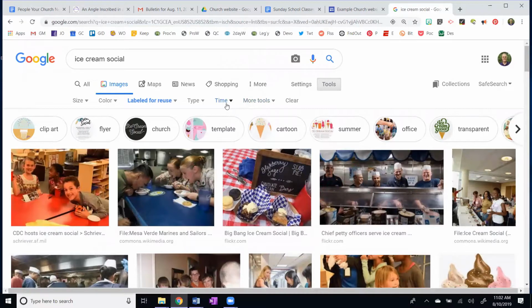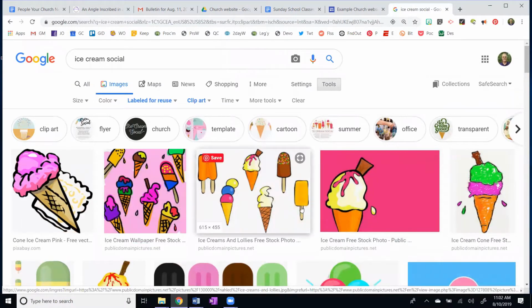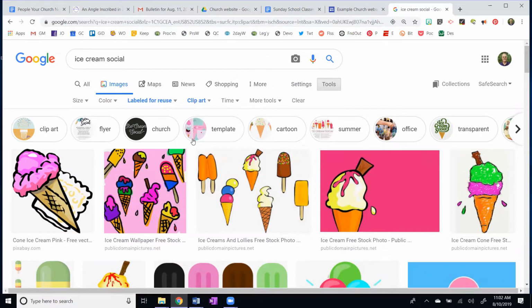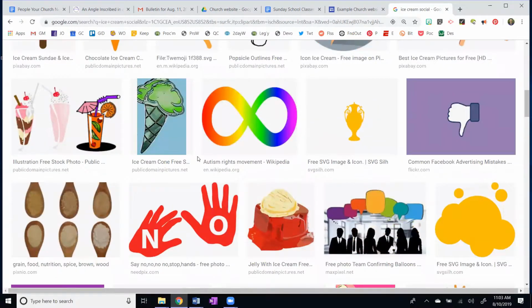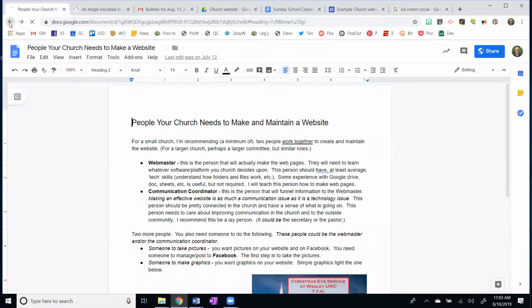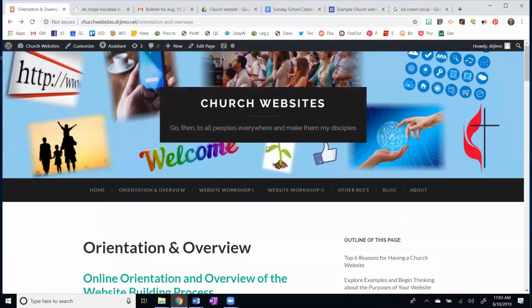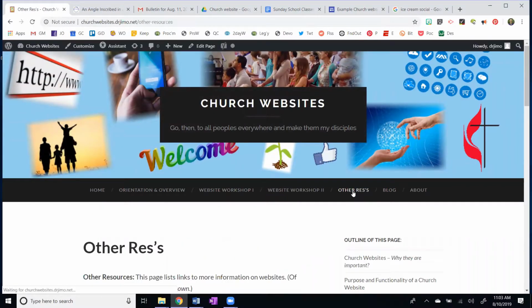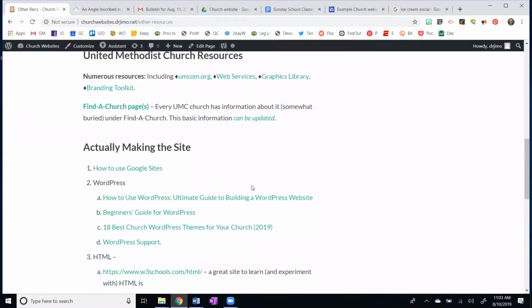Just one other comment here is maybe you want a clip art. These right here are clip arts that are labeled for reuse. Okay. Now, one of the other things I put in the orientation, actually, I think it might be over here in other resources, is it is very useful to have a way of creating graphics.